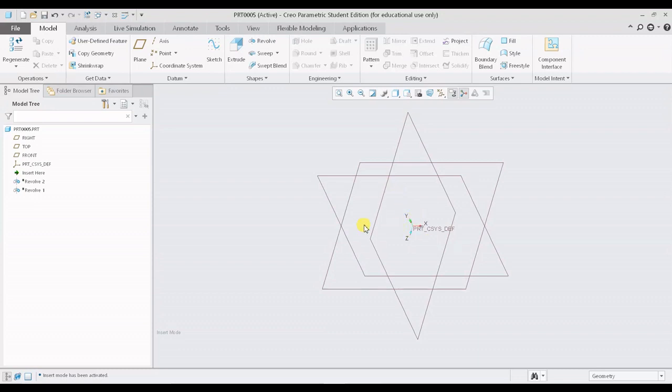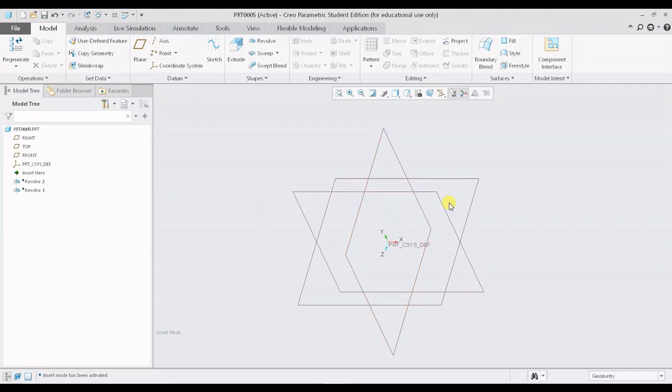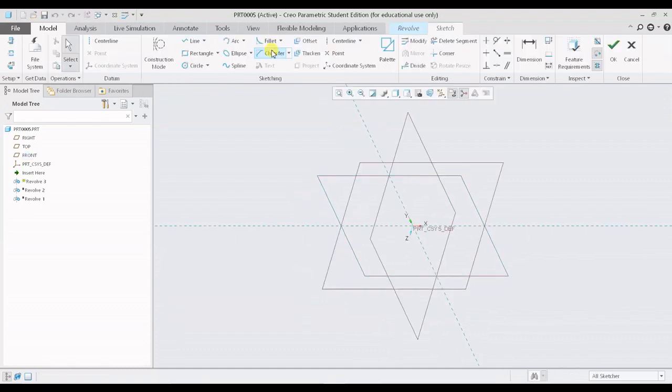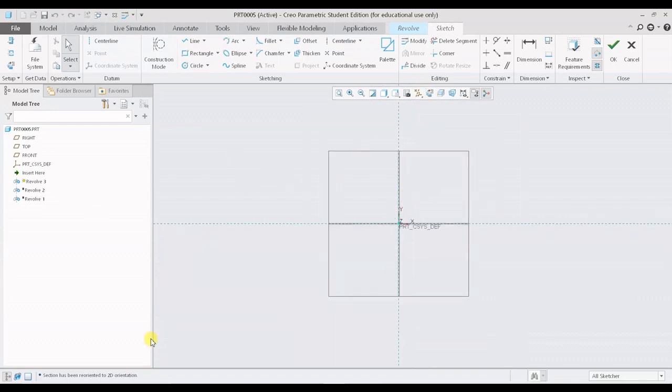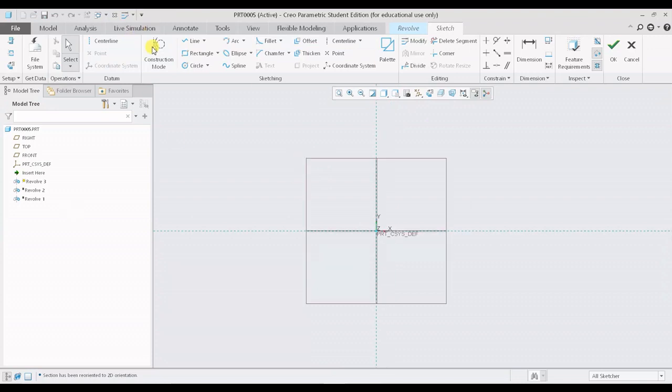So we have to pre-plan the work, and right now in my case I want the rocket to be axisymmetric across the y-axis. I want the y-axis to be the axis of revolution, and in that case I'll just try to consider the front plane again and click on revolve. I got my sketching view. I have to align it. Now that my plane is aligned, I can create the layout. So let me just try to